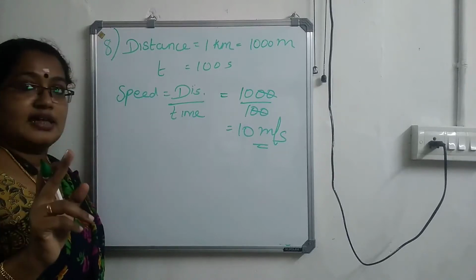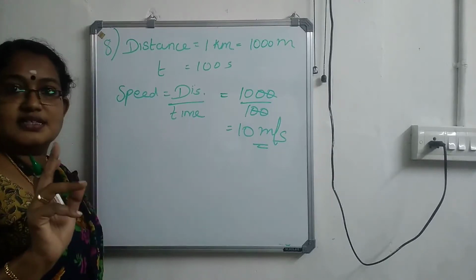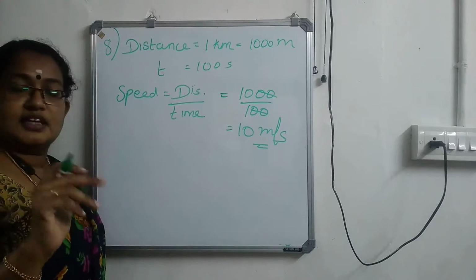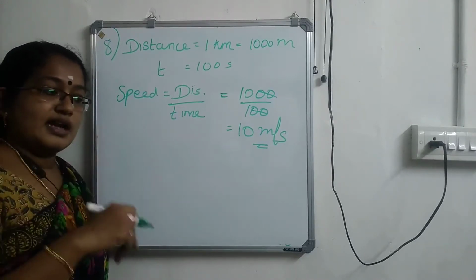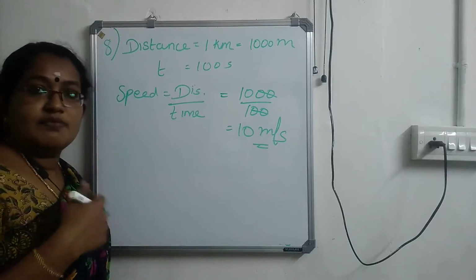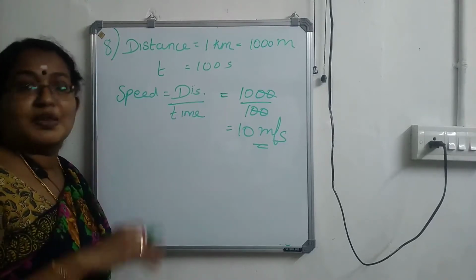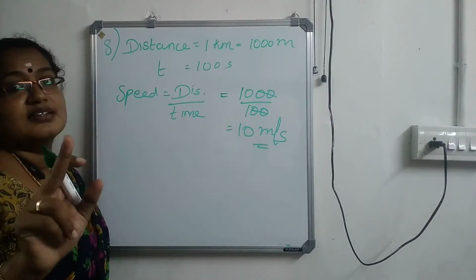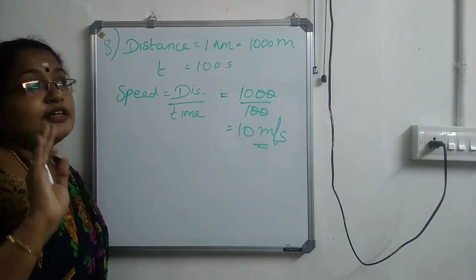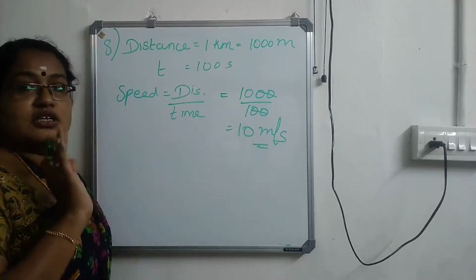But we know that the direction is given, isn't it? About a circular path. If it says a body moving in a circular path, or the starting point and final point are the same, we can say that displacement is 0. In this case, they didn't give any such explanations. But one thing is noted. What is that? Due east. That is, direction is mentioned.